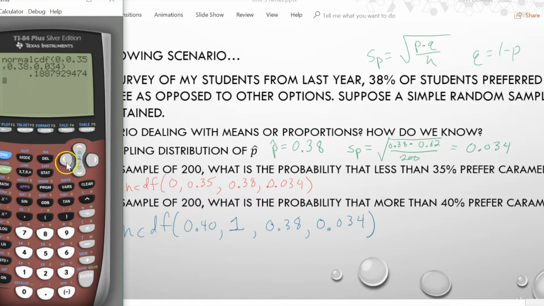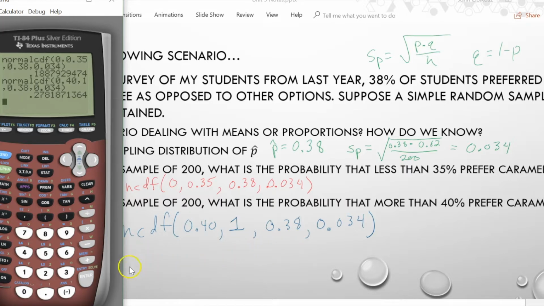Doing our secondary one here in the blue. So I'd have lower bound of 0.4, upper bound of 1, 0.38, and 0.034. And we're good to go there. So we found out our probabilities of, again, being less than 35% or more than 40%. So if you want to pause the video at this time, if you're writing those down,